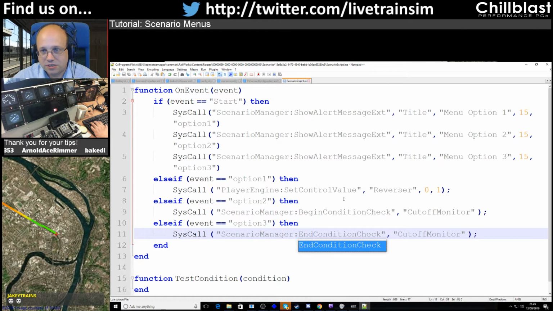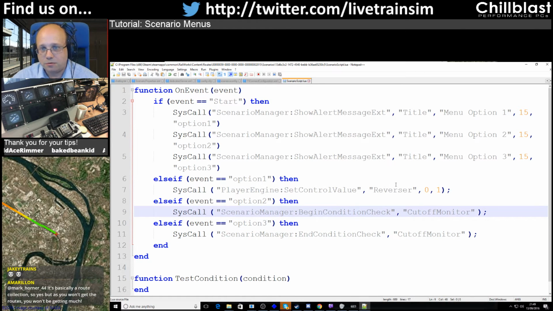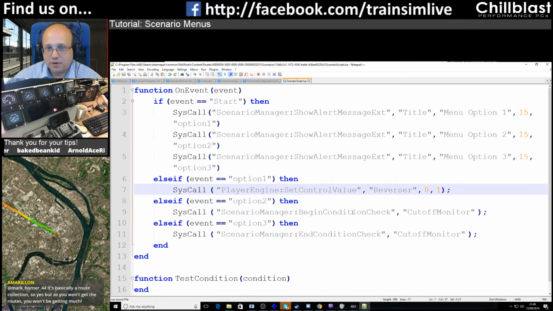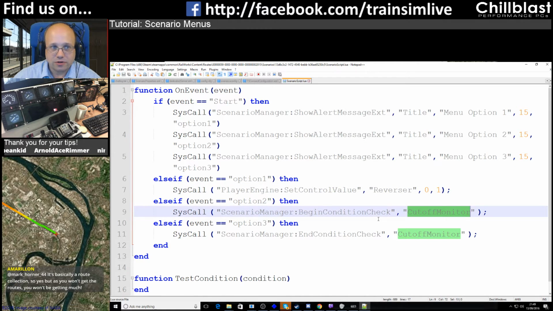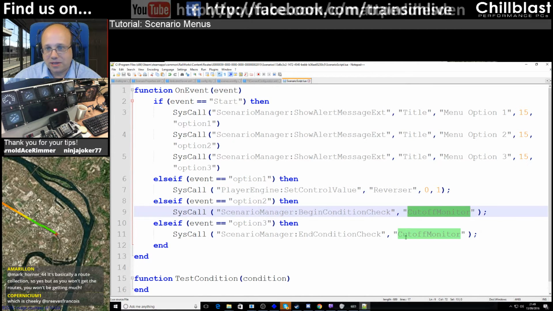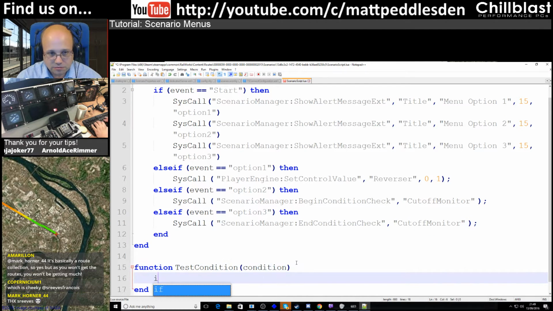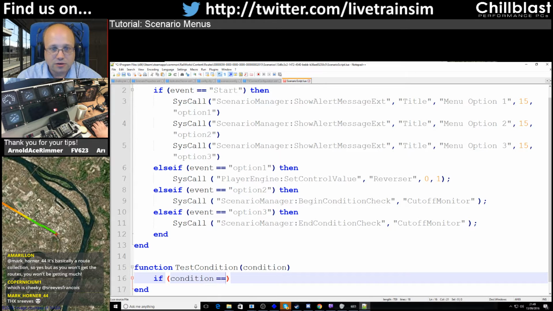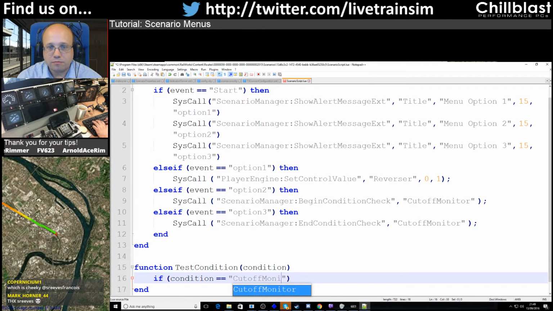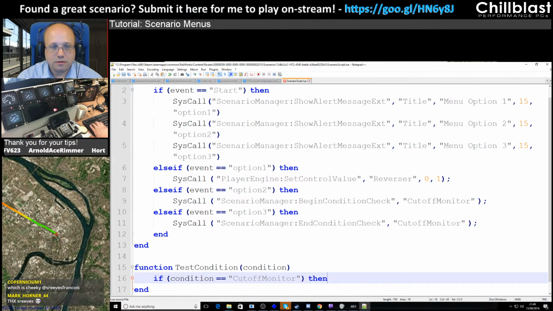I'll explain but essentially what I'm doing here is when you click on the first option, it's going to set the reverser to full forward. When you click this, it's going to put my cutoff monitor on and it's going to start doing stuff. And when I click this one, it's going to turn off the cutoff monitor. What does that do? Let's just put in here if condition equals cutoff monitor, then